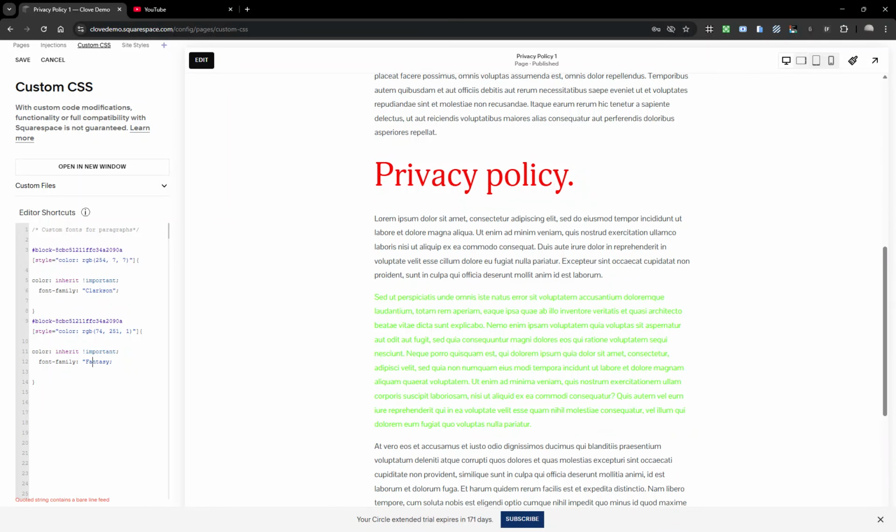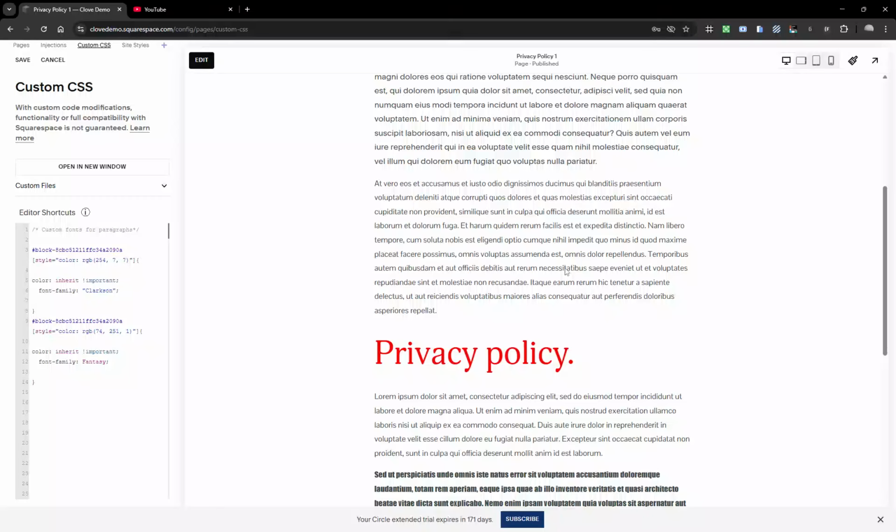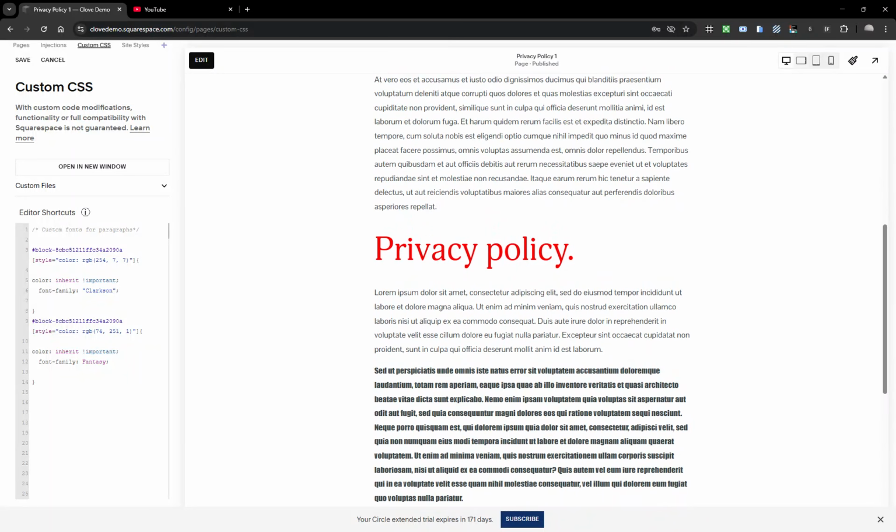And oh, I need to remove these quotation marks. There we go. So different fonts. Super. And I can simplify this, right? Rather than having a repeat on this color inherit thing, I can